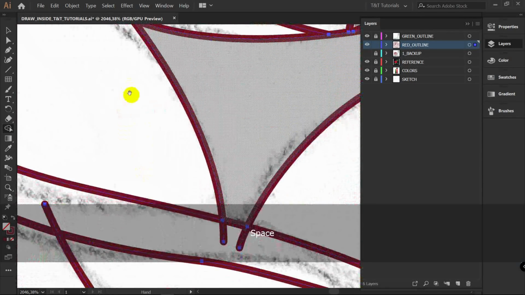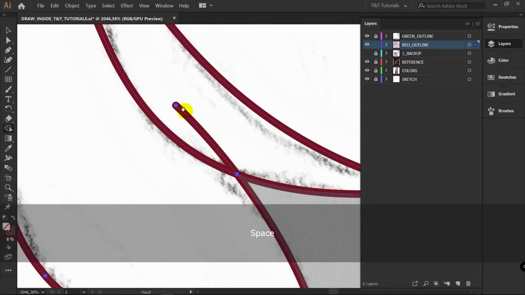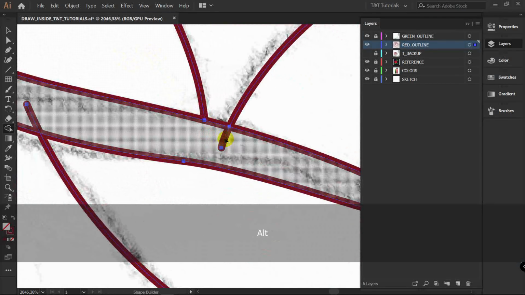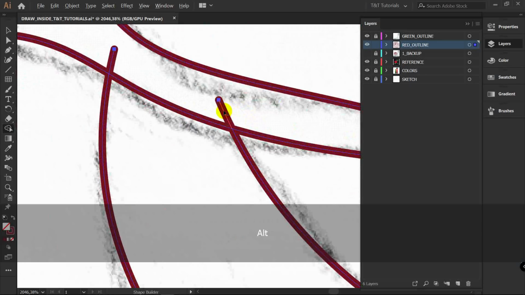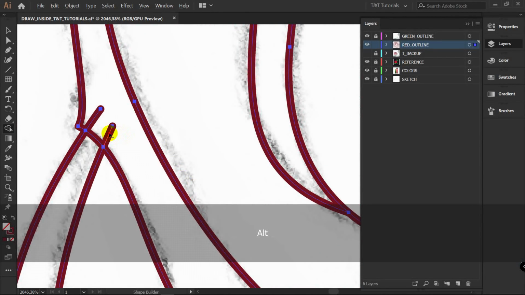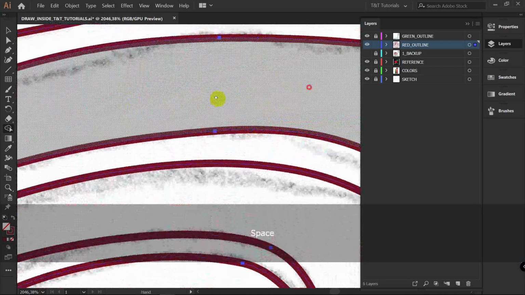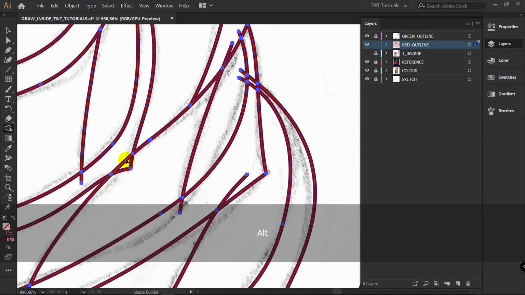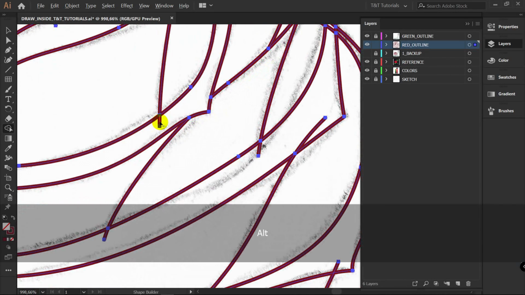You can simply use the Hand tool to navigate, just hold space, then release it. It's very easy to detect unnecessary lines. Just delete them like this. As you can see,